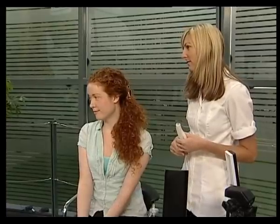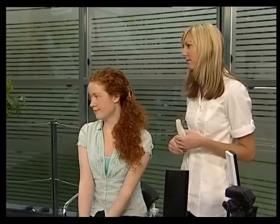OK, obviously our lovely model Emma here that we've got is very youthful. Is this something that you would encourage people to do whilst they're young, or is it suitable for people who might be a little bit older but are worried about early signs of ageing, or perhaps they're already quite progressed, they've got deep-set wrinkles, that sort of thing? Is it something that you can then reverse by finding out this information? You can reverse,